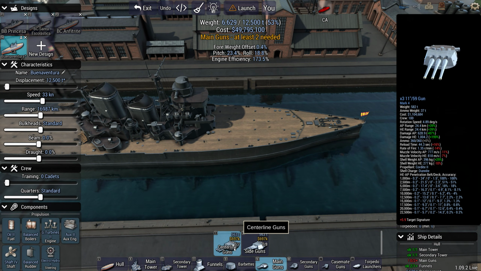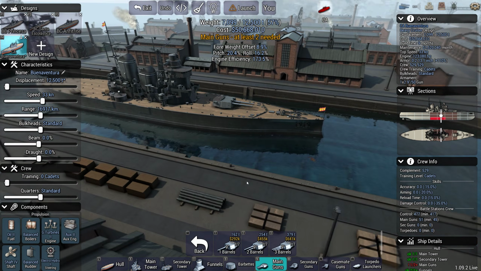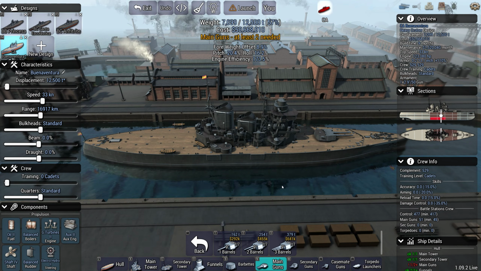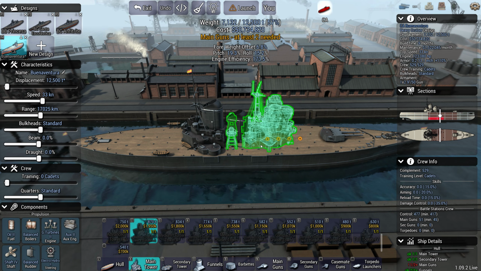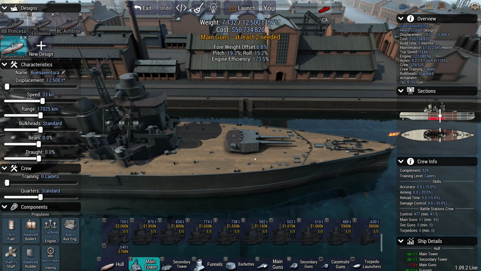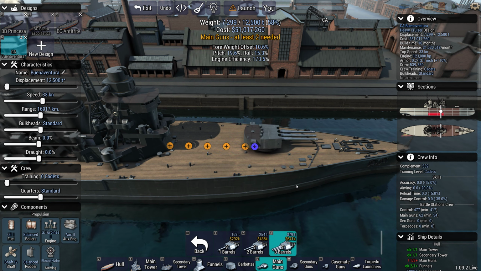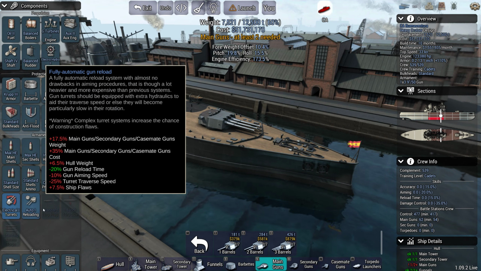Okay. Guns, we're going to go for our 9-inch gun. I don't know if I'm going to use duals or triples. So with this type of hull, we don't have any built-in barbettes. So really we have a choice between triples and duals. I think I'm going to go for triples, simply for the ability to have a shorter citadel. So let's pop that down. Let's get our guns sorted out. So we're going to go for the best